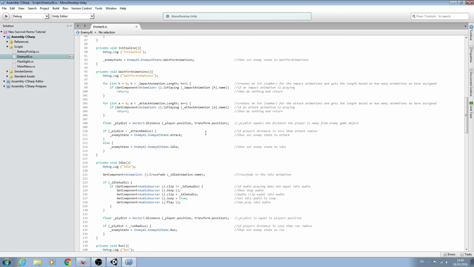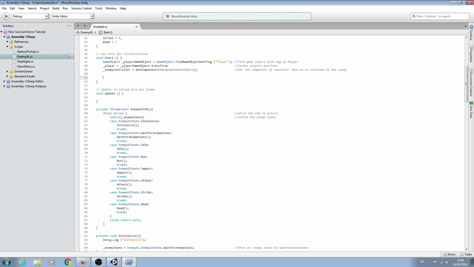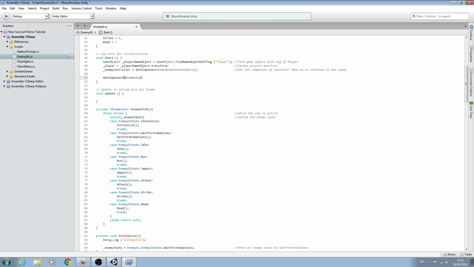and we can actually come to the start function, and we want to make sure that the def animation is only going to play once. So we can do that by saying GetComponent, open and close brackets, come inside, and again it's the Animation component. We'll come to the end, open and close brackets, and then open square brackets. We'll say _defAnimation.name, and then close square brackets,